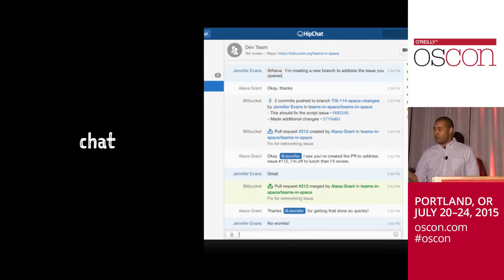And so the fastest path to getting support is chat. We use HipChat, and a lot of people are probably using chat or Slack or some other chat tool. This is a super low friction way of getting our customers to interact with us. It's also pretty lossy. If you've ever been in a big chat room where something's going wrong and you're injecting a question and trying to get help, there's a good chance your message is going to get lost.